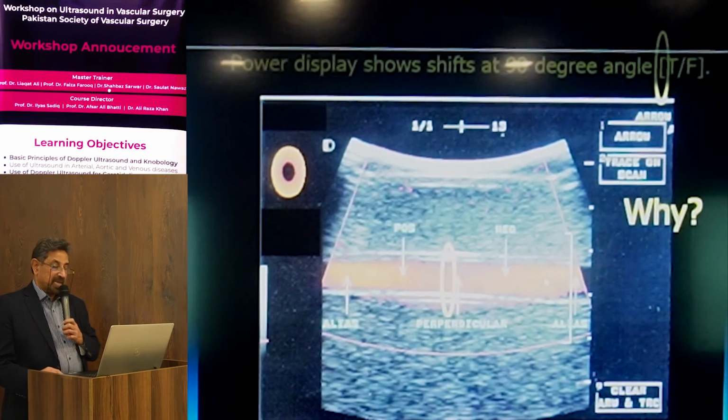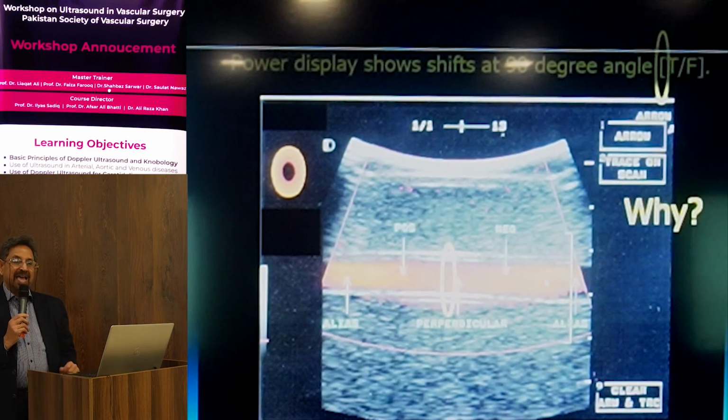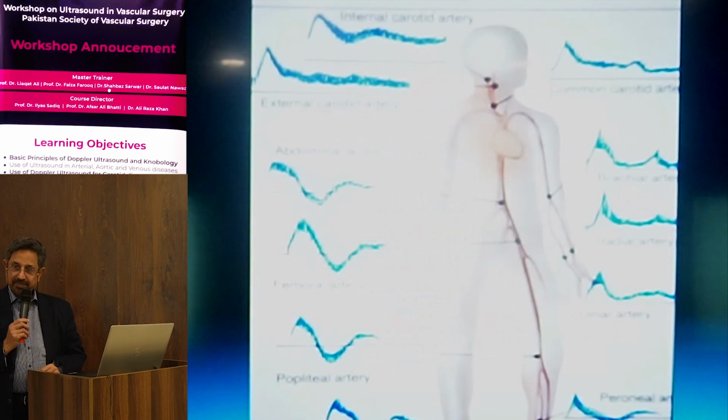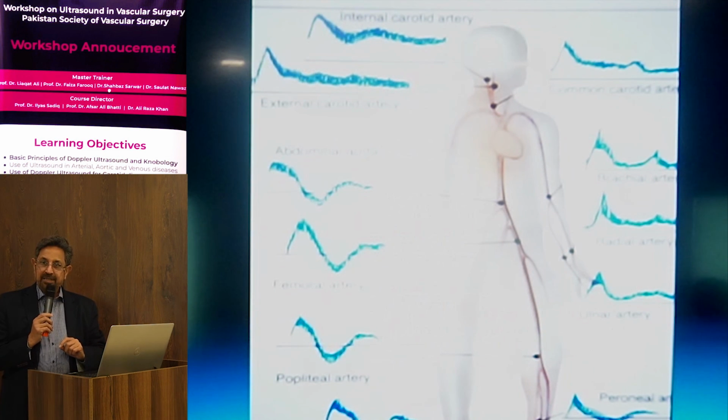This is the spectrum. Every vessel in the body, from head to toe, has its own specific Doppler signature. Whether the middle name is changed, first name is changed, surname is changed,